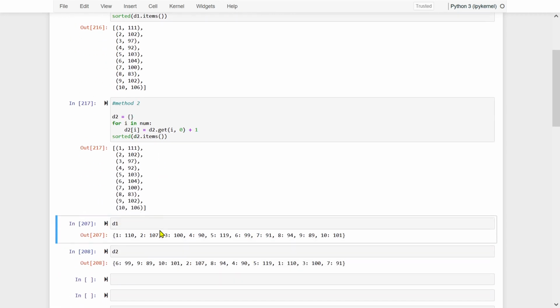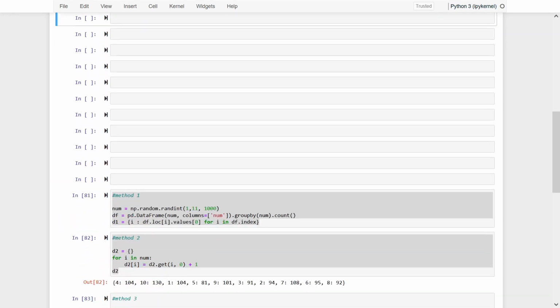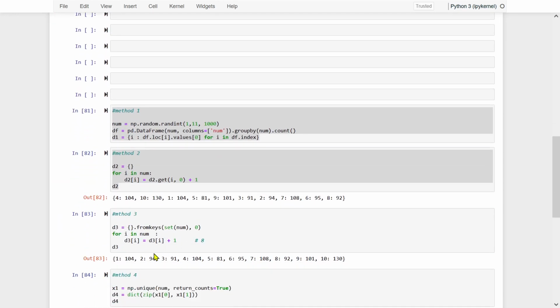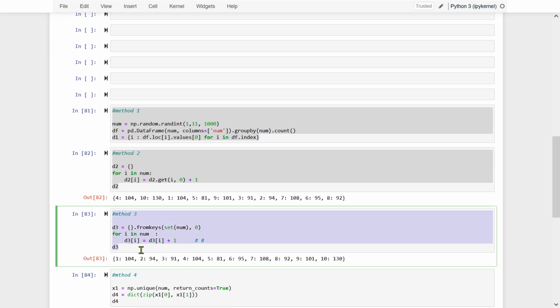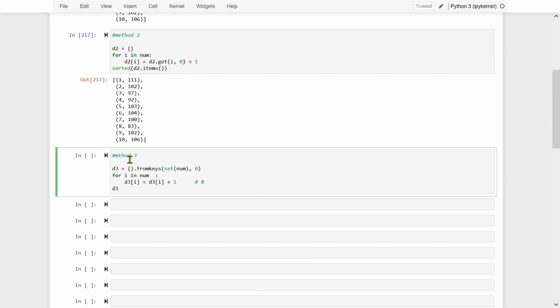So that was method number 2. That was simple, right? Now method number 3. Where is that? Okay, come here. Let us bring it here and discuss each line. So what is happening here? This line